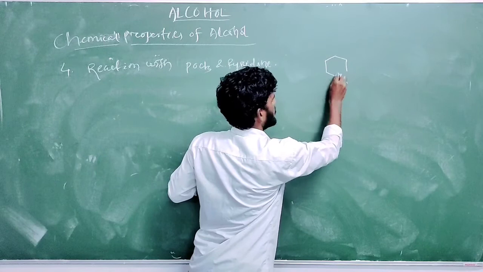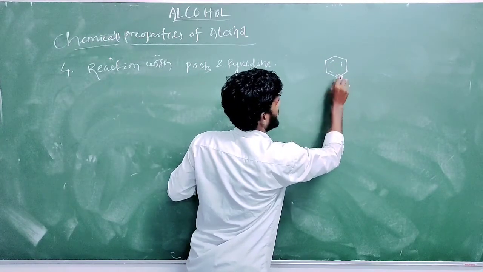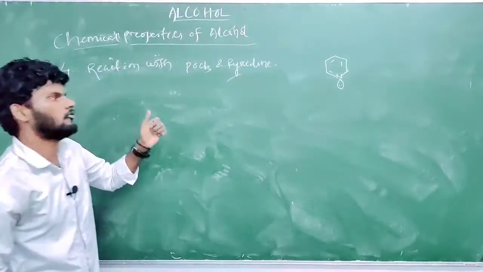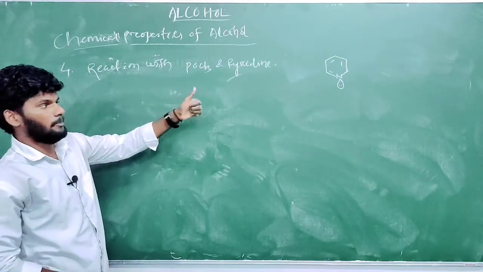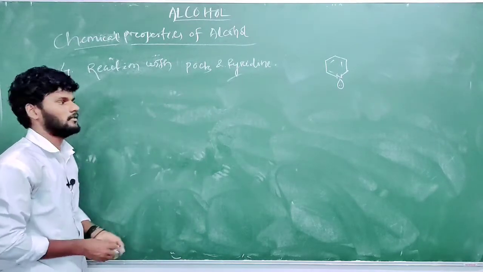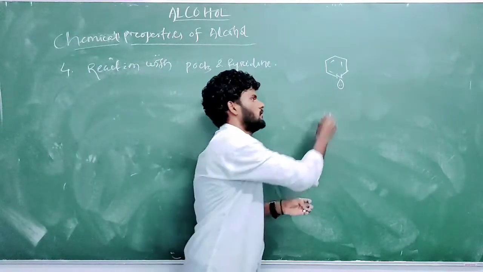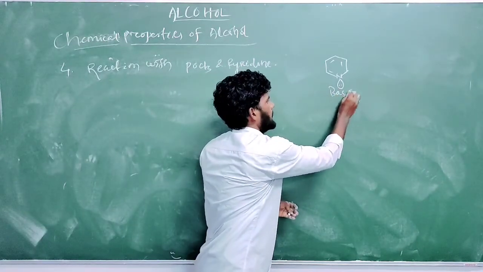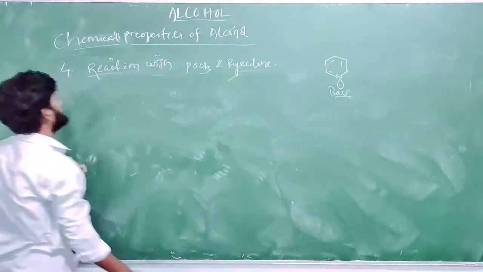Yes, you know. N, the lone pair over nitrogen is here. And all of you write in the comment box: the lone pair of electrons over nitrogen, is it in a p orbital or an sp2 orbital? Okay, so this is pyridine. Its role is that it is a base here. So, the reaction with POCl3 and pyridine.